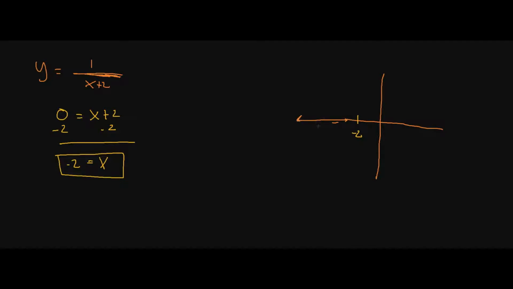All right, so that means we can't plug in negative 2 because it's going to give me 0. So I can create my vertical asymptote. It's going to be on this line right here. As we get really close to negative 2, we're essentially getting really close to dividing by 0 on the bottom, closer and closer, which, as you saw before, means our y values are going to get really huge. So our function is going to look something like this right here.